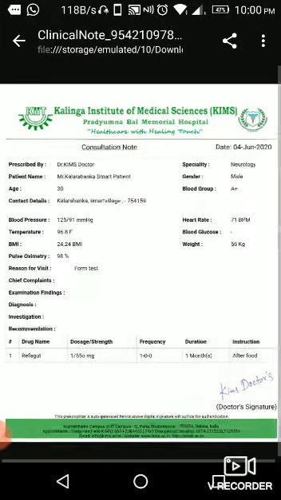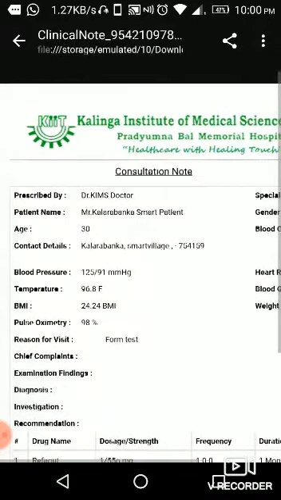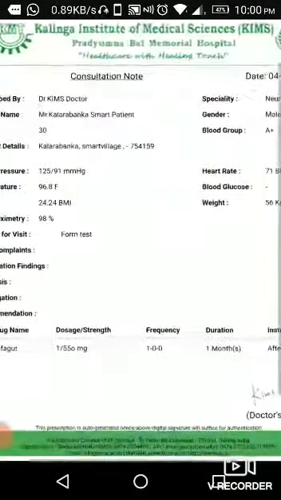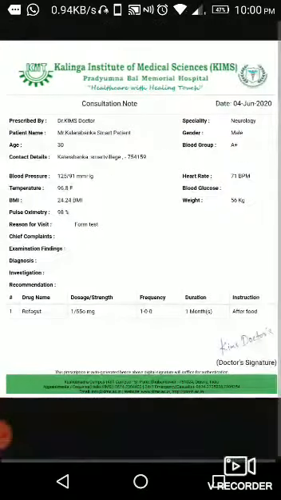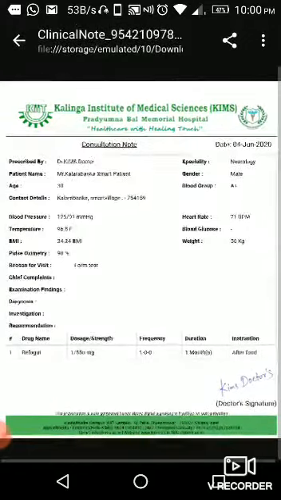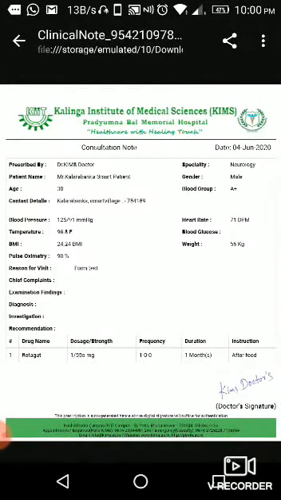The prescription will show like this. You can claim it in your office also. You can keep this and refer to it in your next OPD visit.